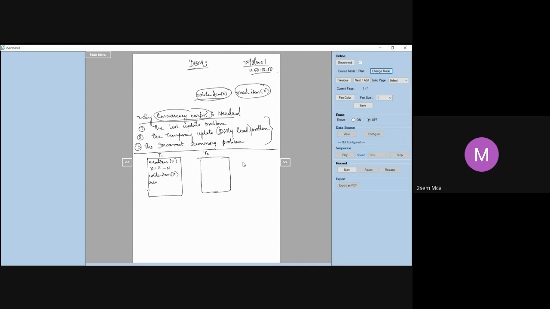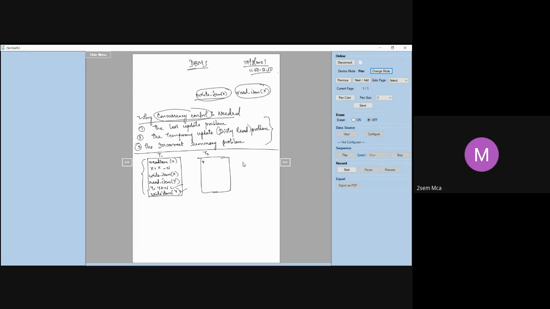Then I will have, let us say, read item of y. Then I can have something like y plus y is equal to y plus n. Something like this. Then I will try to write item y. So I'm reading some x value. I'm then making some changes to this value of x. X is equal to x minus n, something like that. Then I try to record this value of x. I read the value of y. I make some operations on y, and then I write this value of y. Again, this is one set of operations that we are trying to do, which is called one transaction.